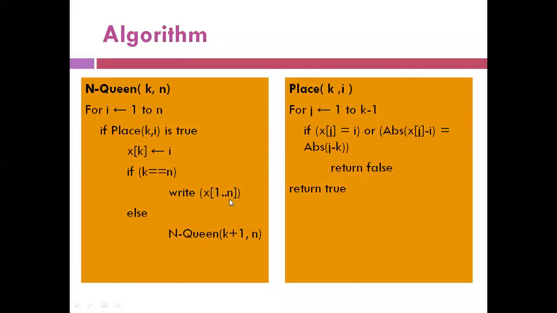I just want to say one more thing. Here, your i value runs from 1 to n. This basically indicates the row values. And these values are checking for diagonal and column. Okay. So hence all the three conditions are taken care of. Here the row condition is not explicitly specified because this itself takes care of it.